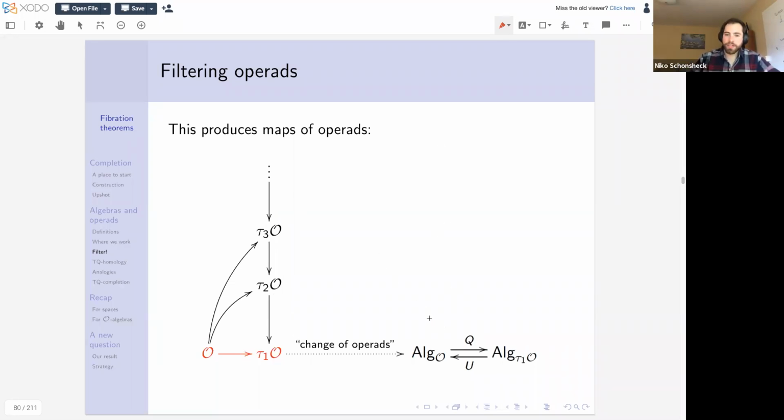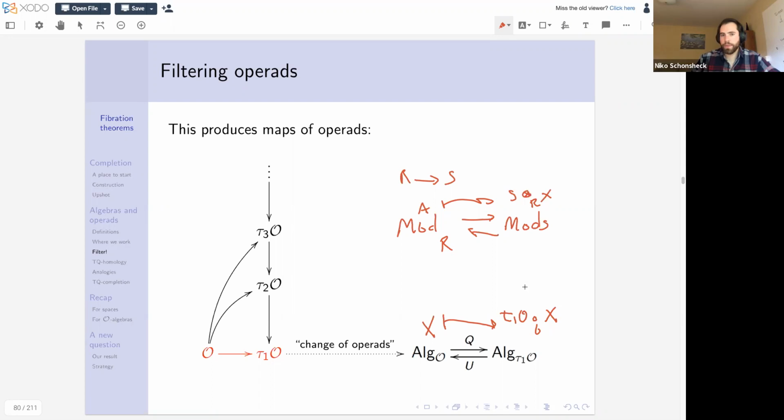So how this adjunction actually works is if I take an X in here, it goes to tau 1 of O, and then there's a circle over construction X. So this is kind of like if I had a map of rings R to S, if I do mod R, mod S, something in here goes to S tensor over R of X. So same thing here. Out of this tower, if I plug in an object, I can get tau 1 O circle over O of X, tau 2 O circle over O of X,